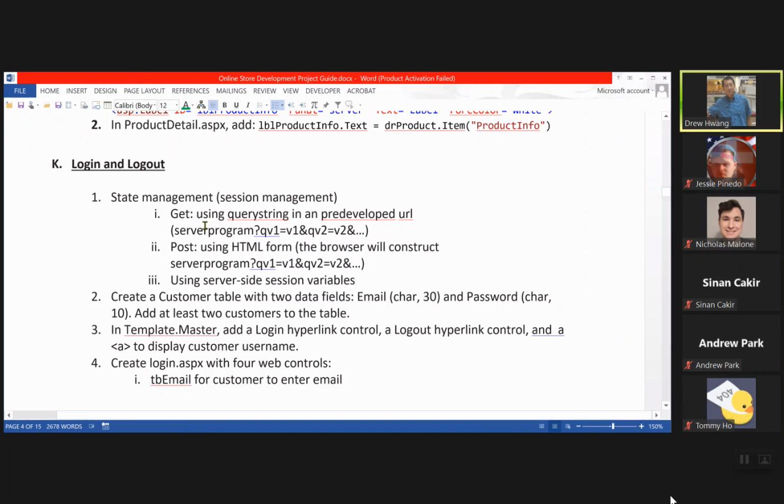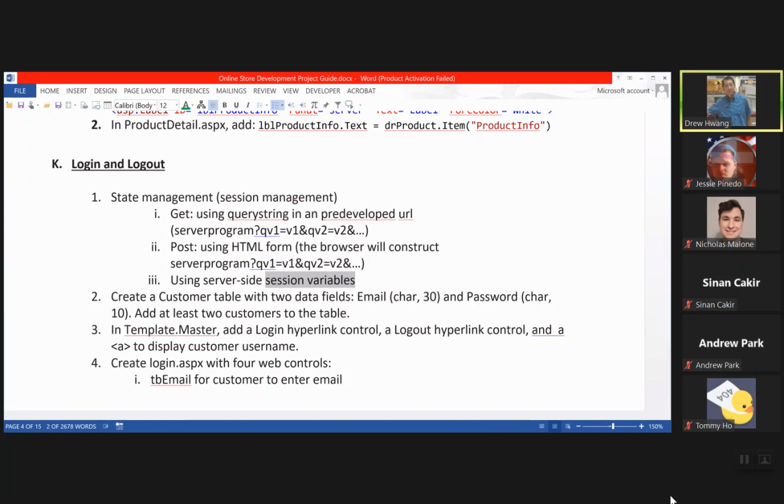Now, whatever you send through get or post, when the server has it at that time, and it stays there, we can then create a session variable. It's more like a variable stored in the memory, and we keep that session variable in the memory at all times. So next time, when you go from state number 1 to 2 to 3 to 4, you can always check the memory to see if you have the value from those session variables, and then use it. In other words,